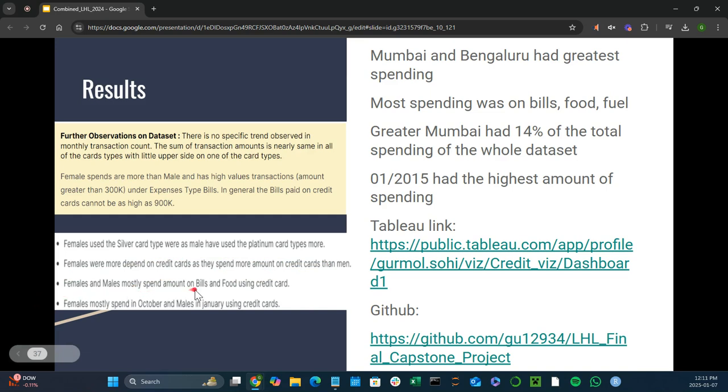Females and males mostly spend the same amount on bills and food, and females mostly spent in October and males spent in January using credit cards. And then Mumbai and Bengaluru had the highest spending. Most spending was on bills, food, and fuel. Greater Mumbai had 14% of the total spending of the data set, and January 2015 had the highest amount of spending. And then you can basically look at